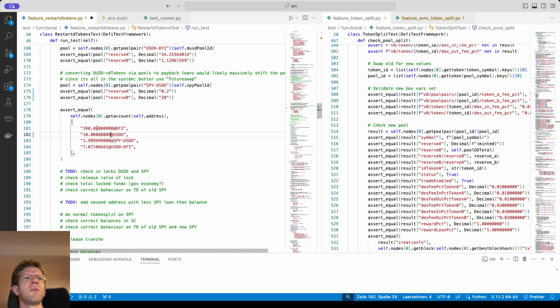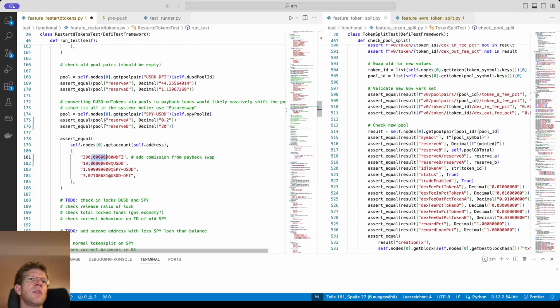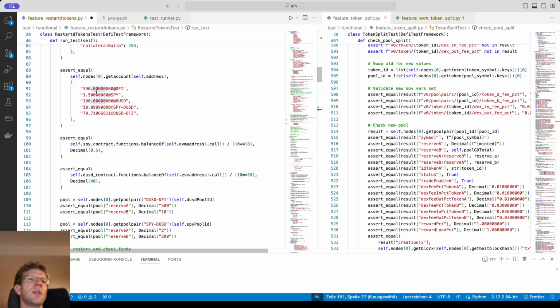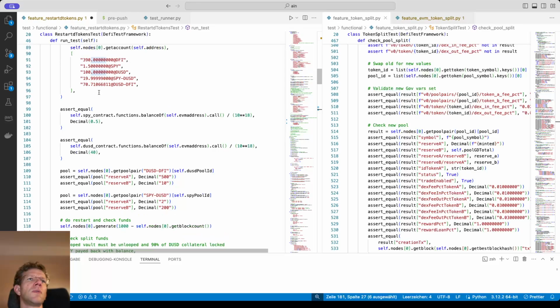There is likely going to be add commission, payback swap, because swapping then on the real chain or on the pool, so you have the commission there. So there will be some commission coming in, but the DFI not changed. 390 compared to the 390 we have here, but that's not true